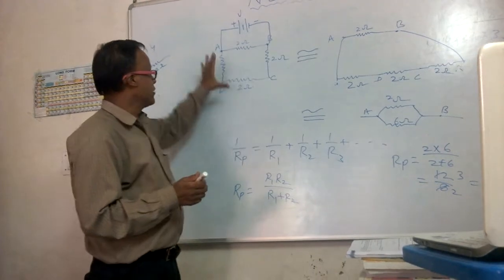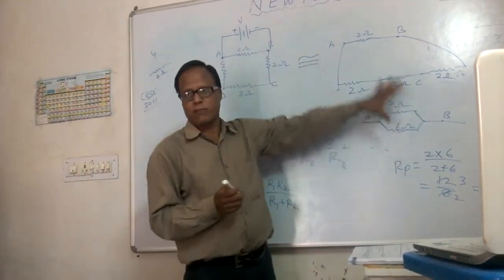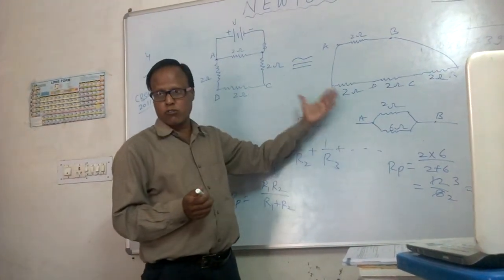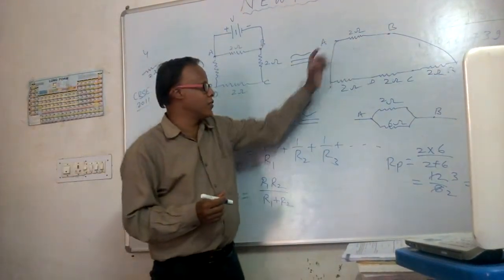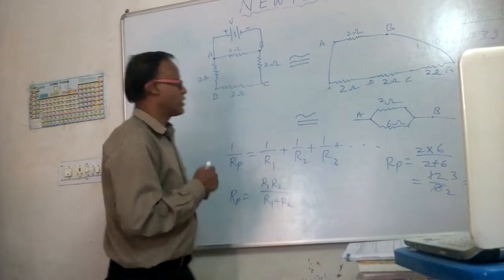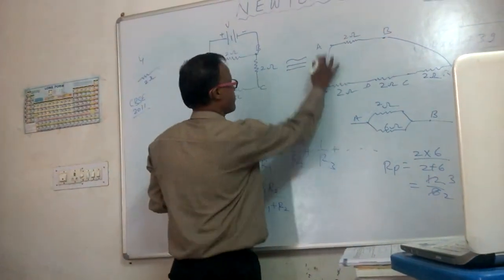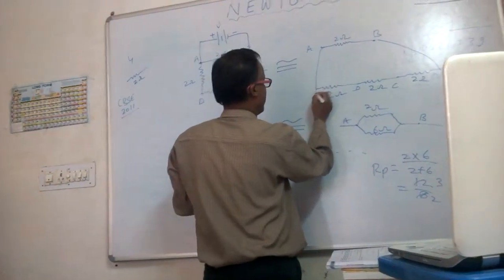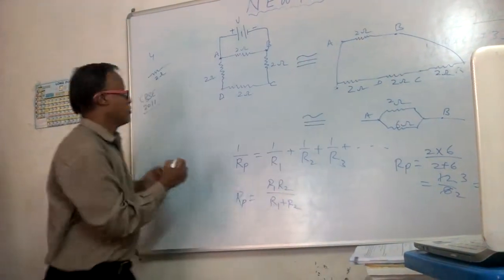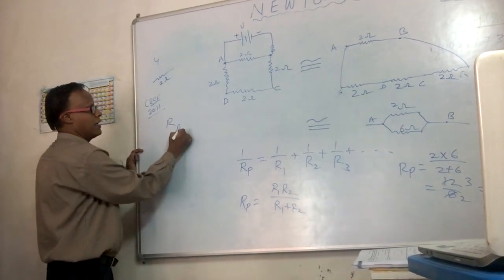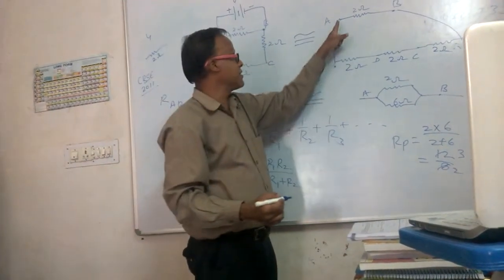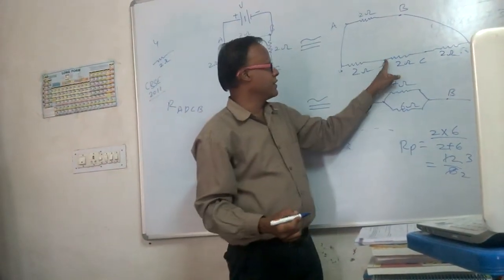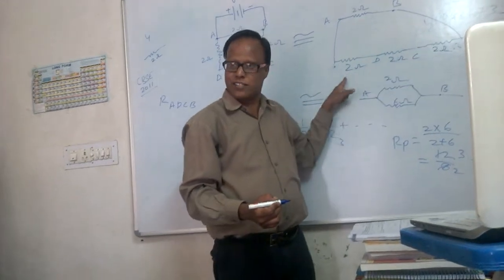So this one I solved with the help of diagrams, but mathematically also we can solve it. How? If this circuit is equivalent to this, first we have to calculate this resistance. So resistance between, we can mark this point A. This is your B and C. So R, A, B, C, D. This means A, B, C, D. We are interested in this.